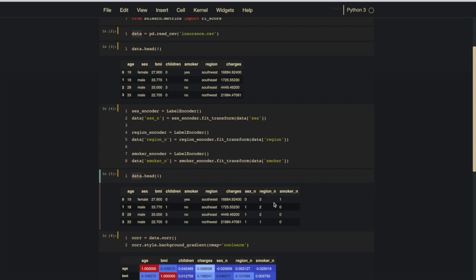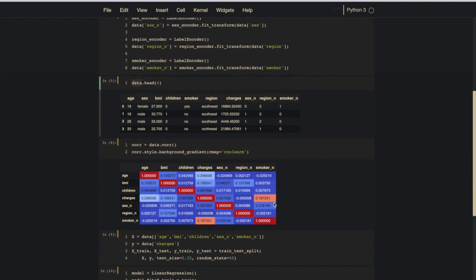As we are doing linear regression, it is basically multiple linear regression, because we have multiple independent features. The question is, can we take all the features and just fit the model, or should we choose? There is one technique: we look at the correlation, and if there is more correlation we take those features, and if there is less correlation we do not. You can do this with data.corr and plot that.